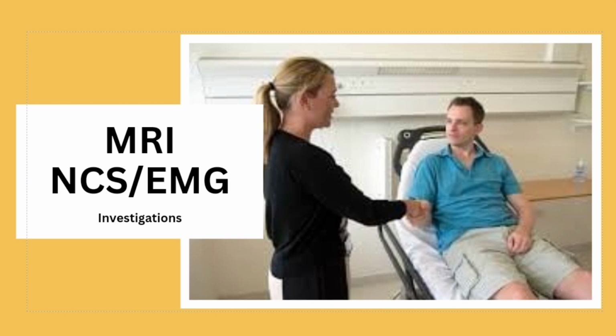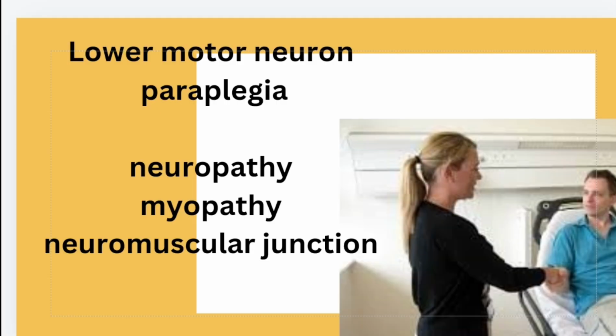So the investigations are MRI of the spine, and nerve conduction studies and EMG to see if there is any lower motor neuron cause like neuropathy or myopathy. These are the main investigations which we do in case of paraplegia, and some other investigations can also be done to support the diagnosis, like CSF analysis, in which we see protein and cell pleocytosis in some patients of GBS, or oligoclonal bands in case of multiple sclerosis,